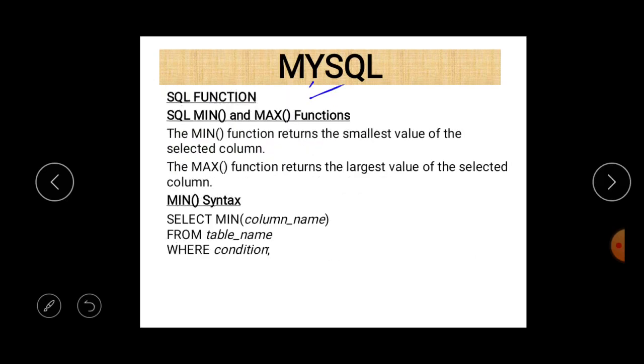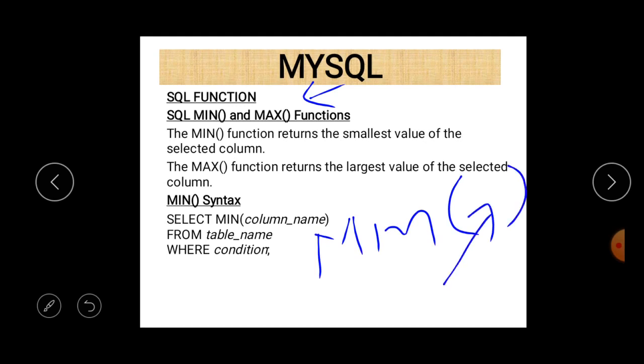Next are the aggregate functions. These are the different aggregate functions: min, max, count, sum, avg. The min function is used to find the minimum value, and its use is very simple. Just write the name of the function, and then within parentheses you can write the name of the column. So it will calculate the minimum value in that particular column. If you write max, then it will find the maximum value in that particular column. avg is also an aggregate function, and it will return the average value of that particular column.